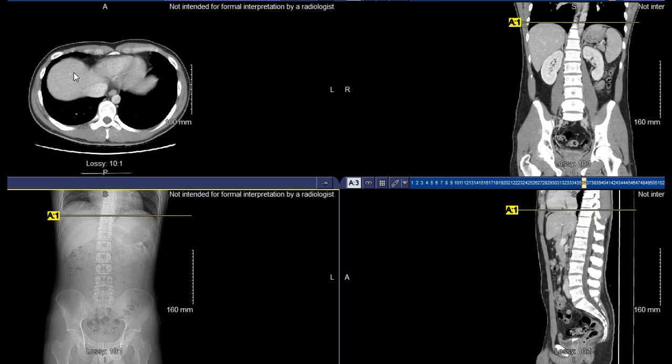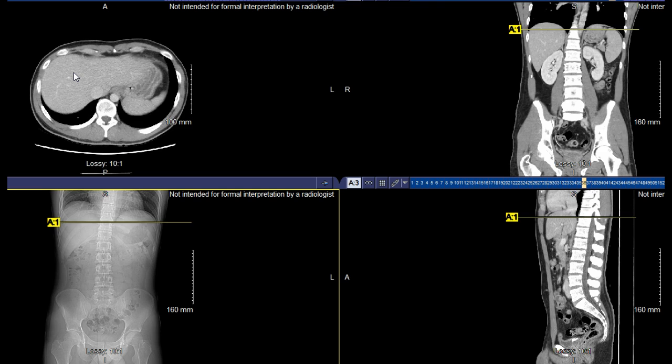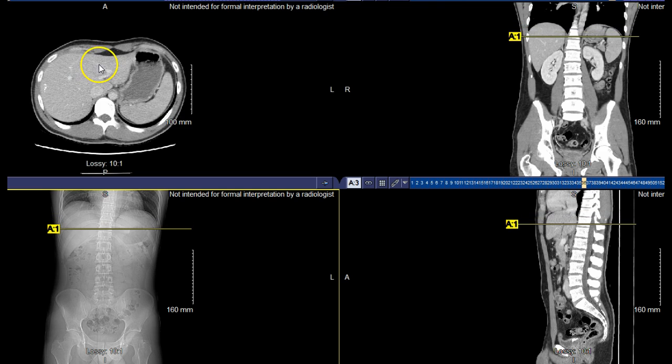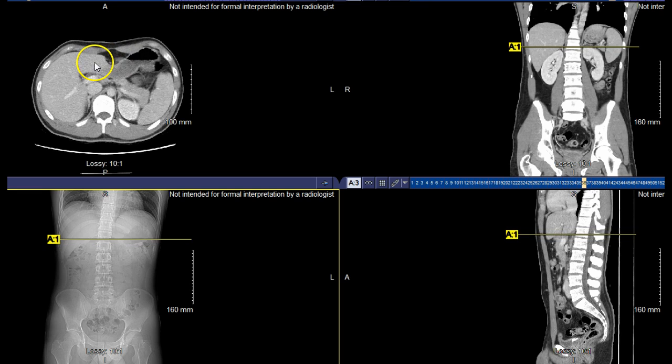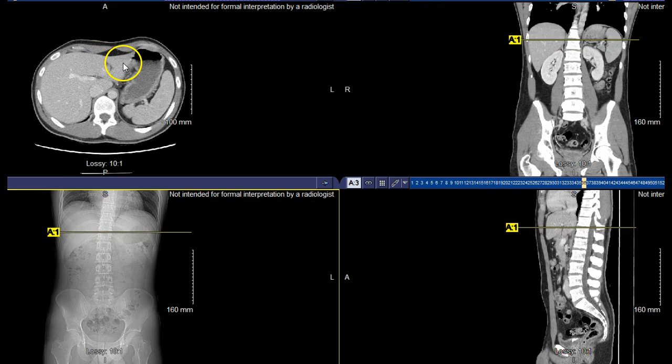In terms of solid organs, I think they're a lot easier to visualize in the abdomen and really any other area. And you can see the structure of the liver extremely well here. So you can see primarily what is the right lobe of the liver. You can see the left lobe of the liver as well, right in there. The falciform ligament is not as identifiable as it is in some scans, but nonetheless you can